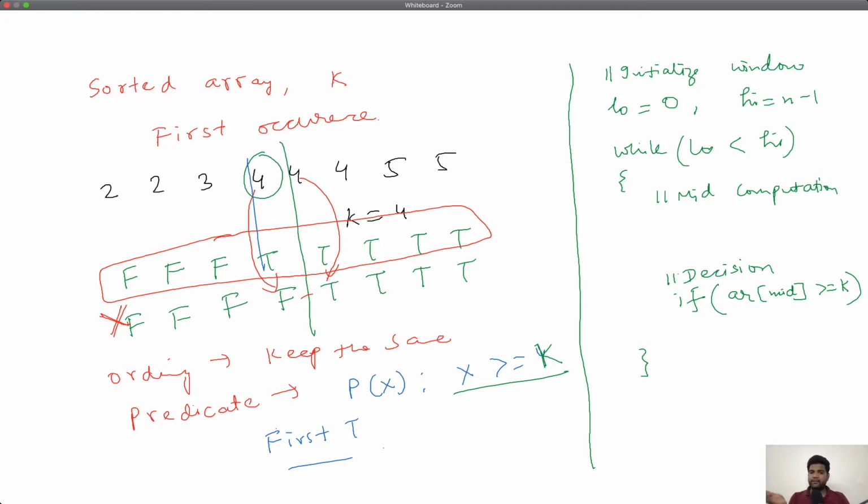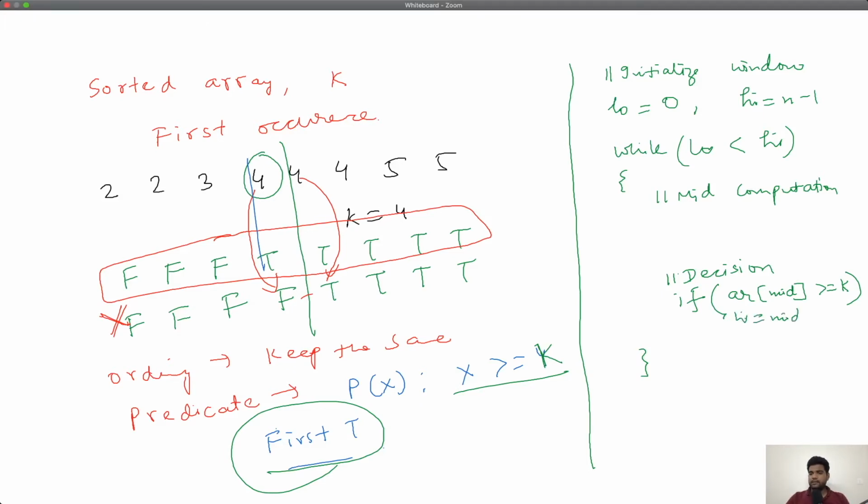So if the predicate evaluated to true and you are looking for the first t, recollect what that means. That basically means that you can discard everything to the right of this mid, excluding this mid, right? So then your high becomes your mid.